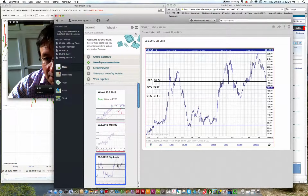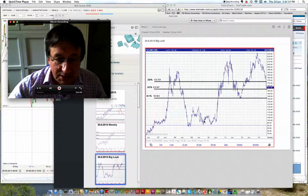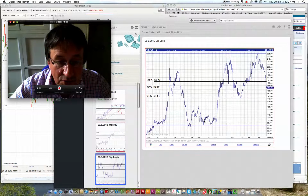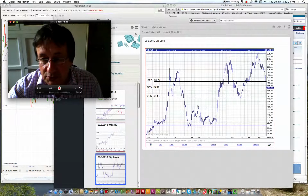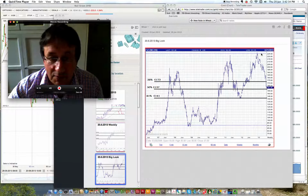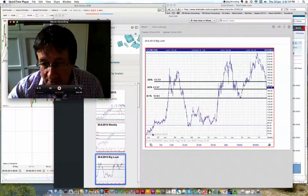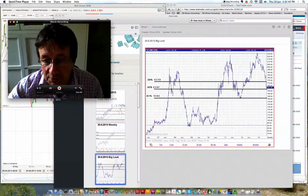Now I'll pull up my next chart here, which is a long-term chart. This is a stitched together chart back to 2007, so over a 5-year chart, and you can see here that we've had a high of the wheat over the last 5 years as high as 225, and we've had a low down here at 75 in June of 2007, and the recent low was down here at 2009. So I've taken the recent low here and the recent high here, and this gives us a 50% retracement at 157,